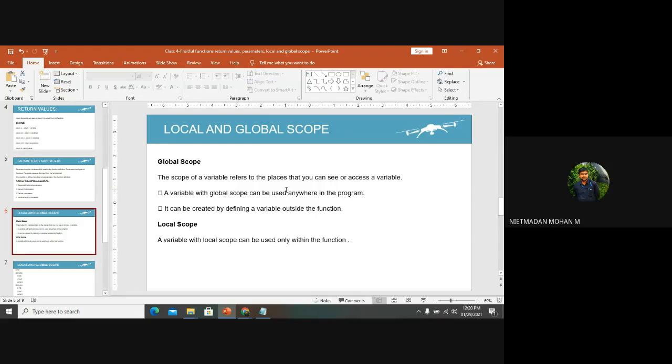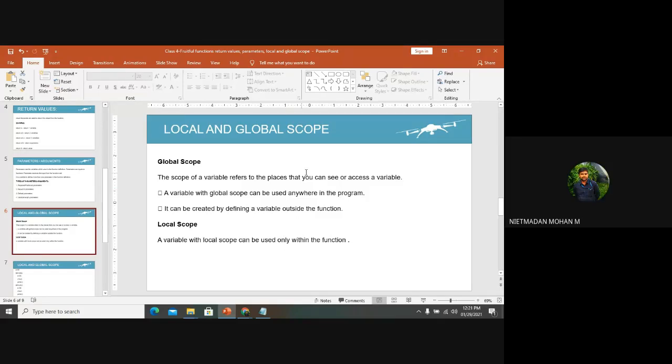Good. Global means? Global means the variable declared outside the function or anywhere in the program, sir. Yes. Can the global variable be used inside the function? Yes sir, it can be used anywhere, inside the function, sir. Yes.